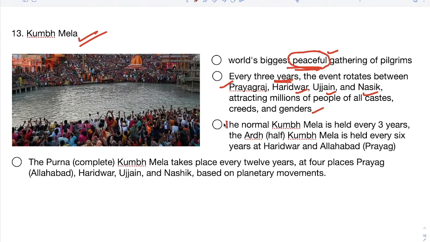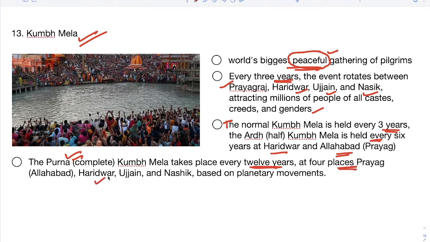And the normal Kumbh Mela is held every 3 years, and the Ardh Kumbh Mela is held every 6 years at Haridwar and Allahabad. Kumbh Mela is every 3 years. Ardh Kumbh Mela, that is half Kumbh Mela, is held every 6 years at Haridwar and Prayag, that is Allahabad. But the Purna Kumbh Mela, that is complete Kumbh Mela, takes place every 12 years at 4 places, that is